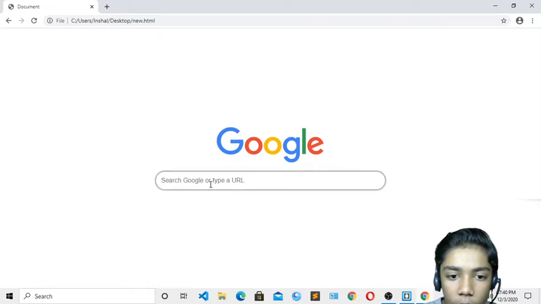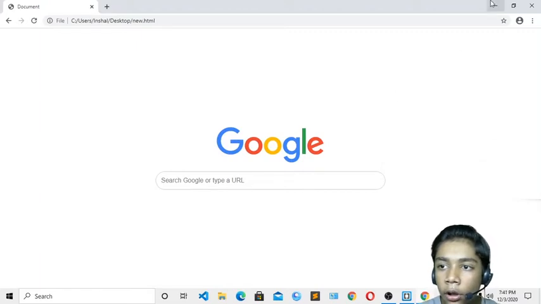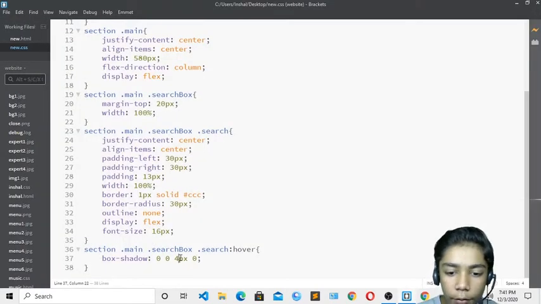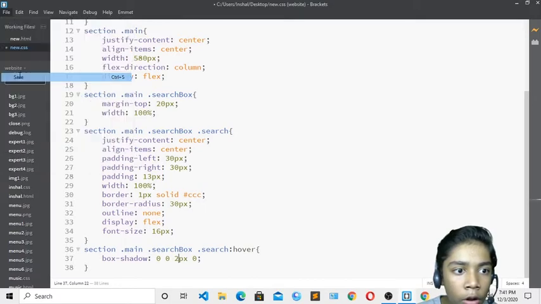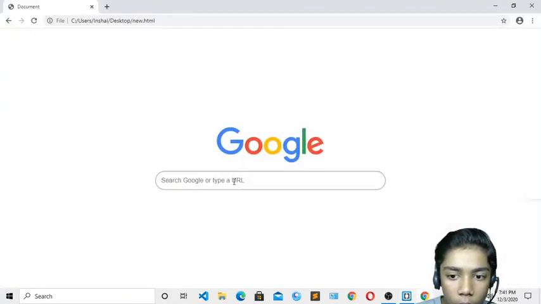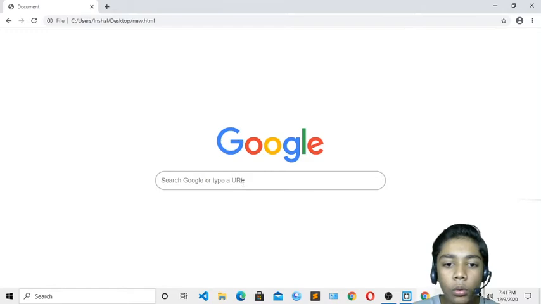Okay, like I have shown you, when I am searching anything, I am having my hover effect. You can also make it smaller. If you want to, just change it to 2. Now your hover effect will be gone down. Here you can see we are having a small hover effect. We are not getting any dark or light. It is a normal hover effect. So you can make the Google page like that.